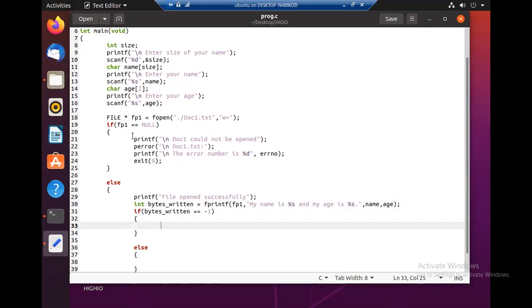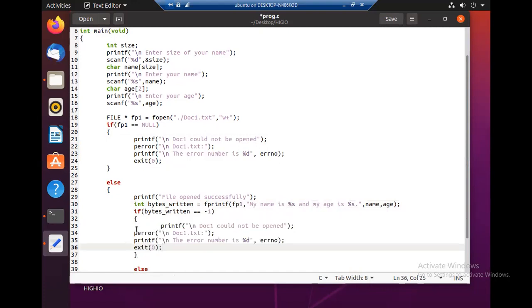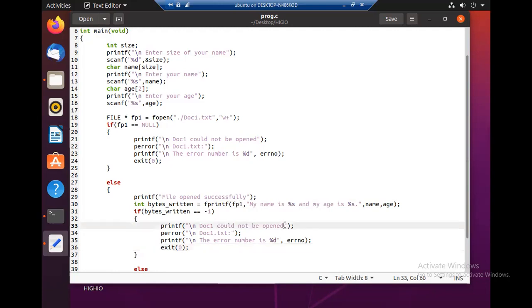We'll do exactly what we did here: printf could not be written.